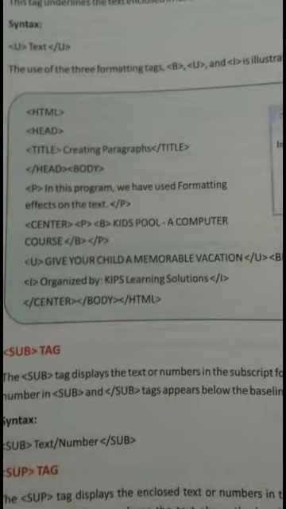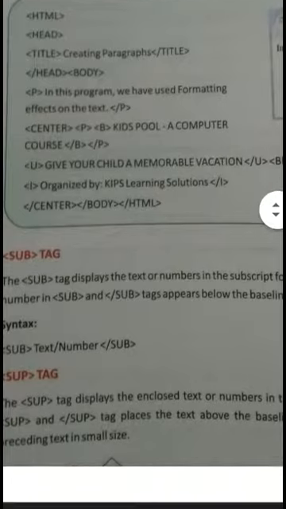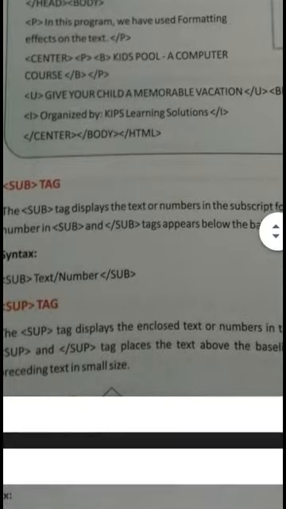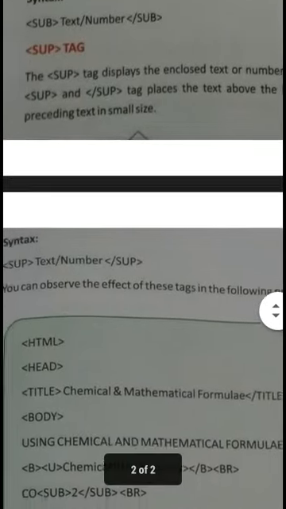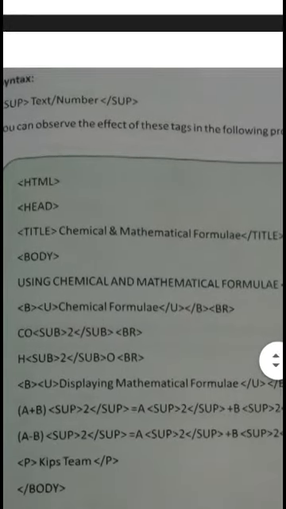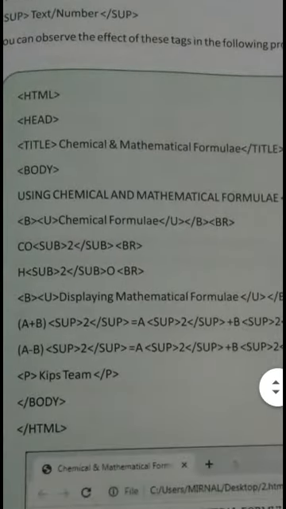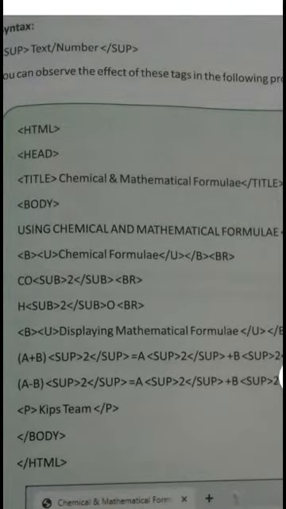The next tag is the sub tag, showing you the program. This is the next program.